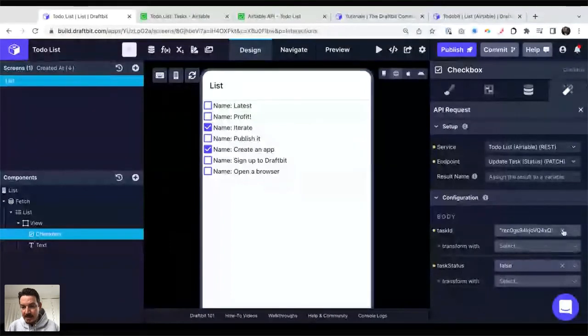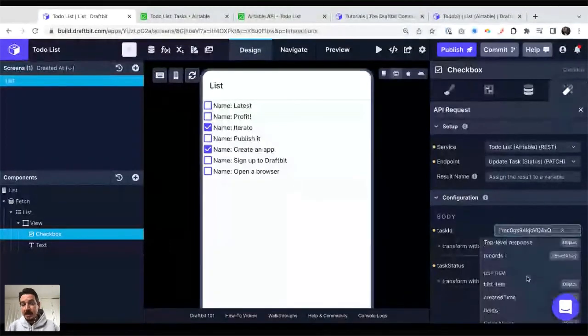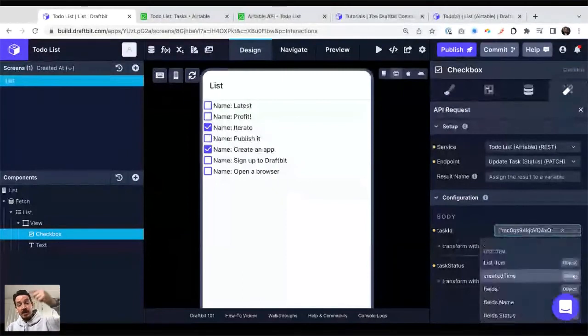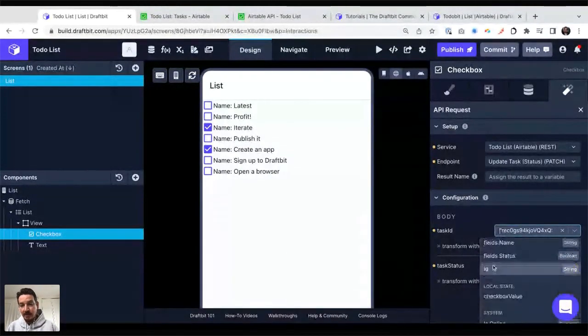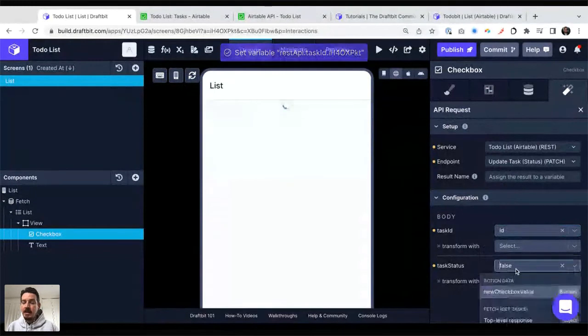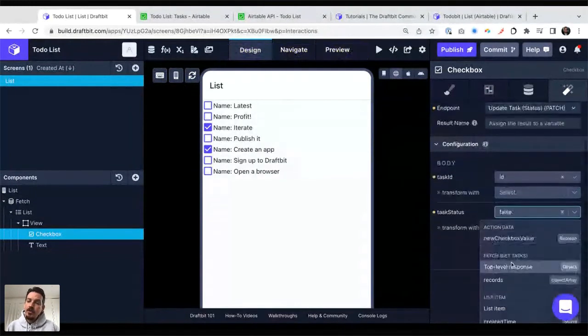So the ID is the ID I'm getting from my fetch, right? When I'm iterating through all of those items, I know when I'm displaying it what the ID of the item is. So that's what I'm going to use here. It's just called ID. And the status is going to be the new checkbox value.